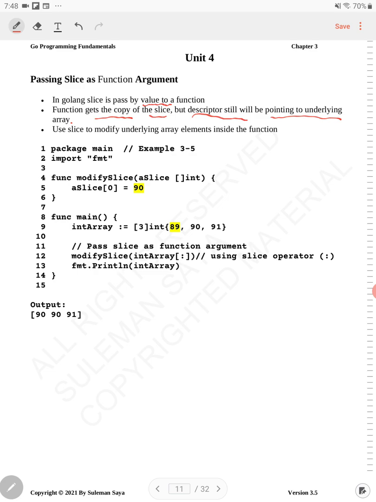When you're passing a slice to a function, in this case right here, this is passed by value. Now whenever this is happening, the compiler makes a copy of the slice for the function, and the original slice